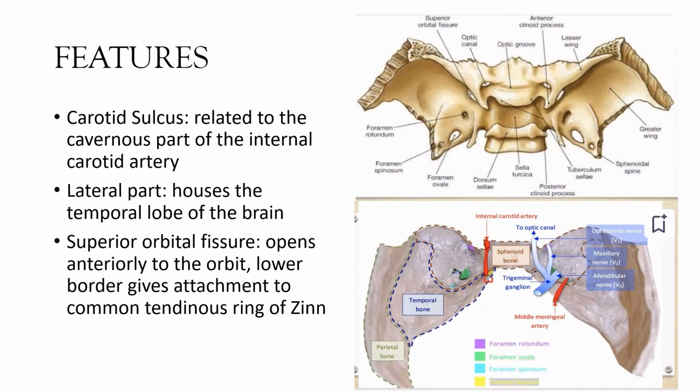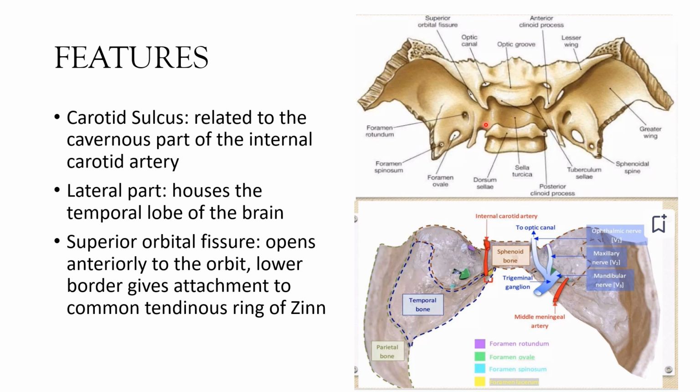Now moving on to the lateral border of the body of the sphenoid. So this is the body of the sphenoid. The lateral border is another sulcus called the carotid sulcus. Now this sulcus is related to the cavernous part of the internal carotid artery along with its sympathetic